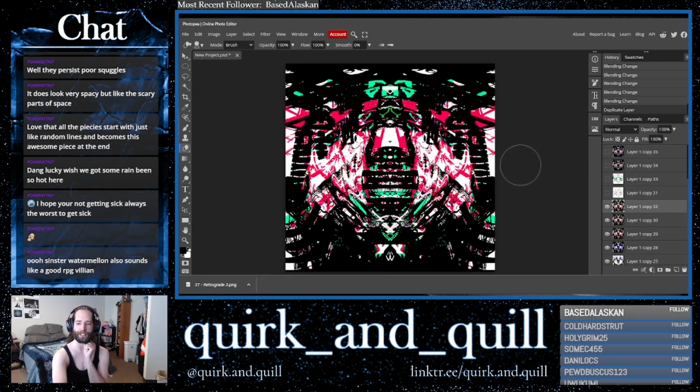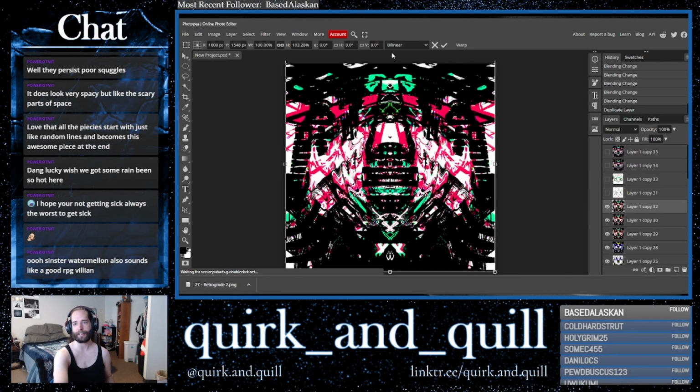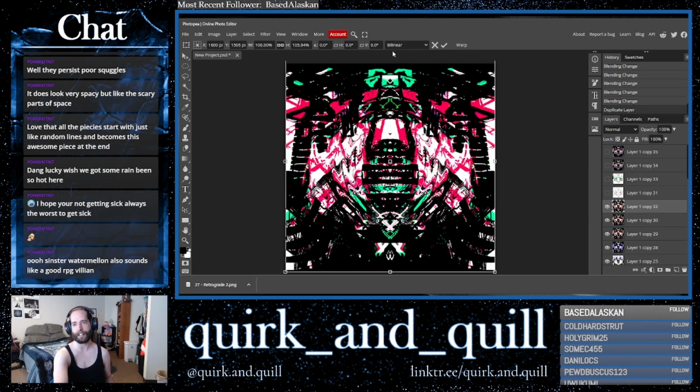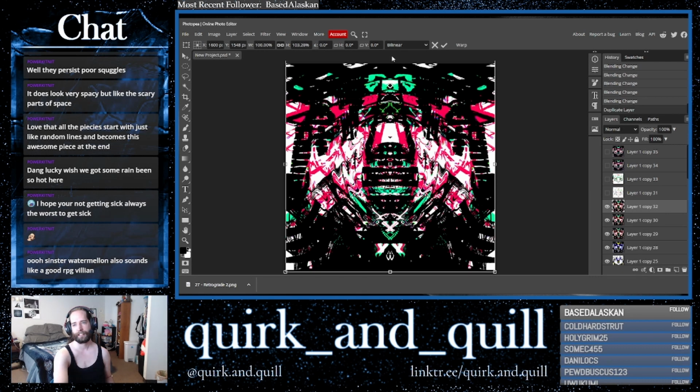Okay, I think Sinister Watermelon, I think this one's pretty good. I think I might eradicate some of this top excess. Well, maybe the top excess added to it.